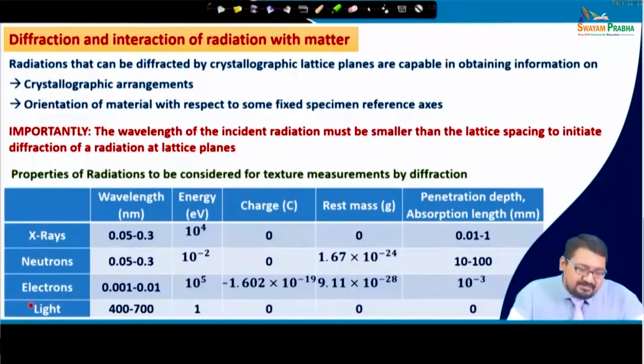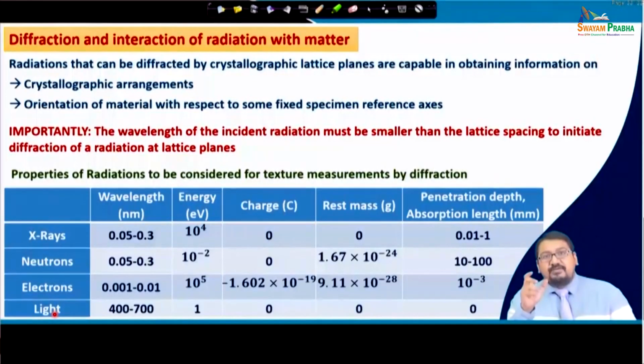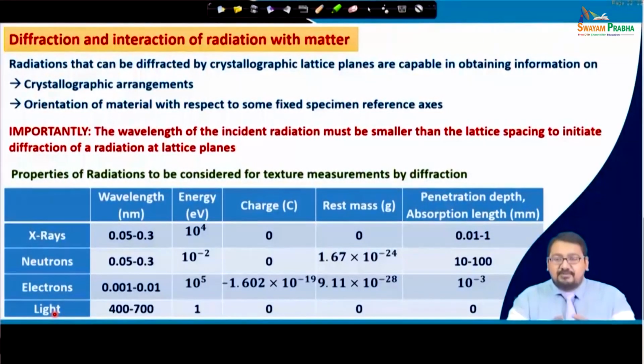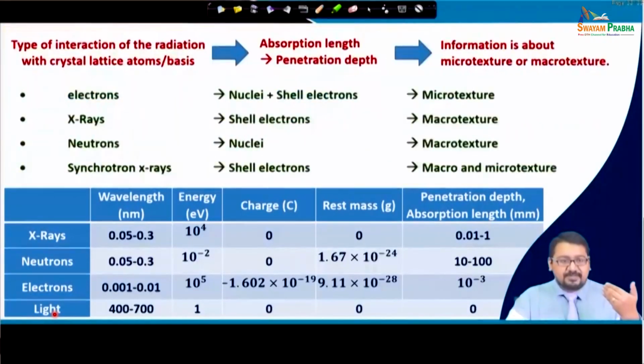Here we have also given the wavelength of light. It is of the order of 400 to 700 nanometers, which is much higher than the lattice spacing of any periodic lattice arrangement of any metals or atoms, and therefore, it cannot give any diffraction from any polycrystalline material. So, light, because of the higher wavelength, much larger than the lattice spacing, could not give any diffraction. So, if we look deeply into